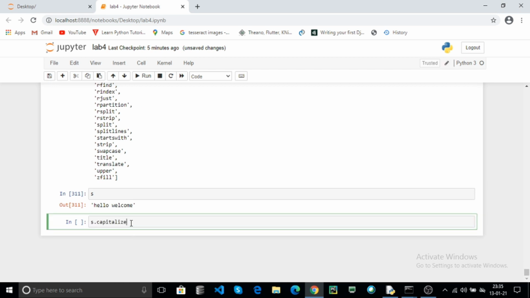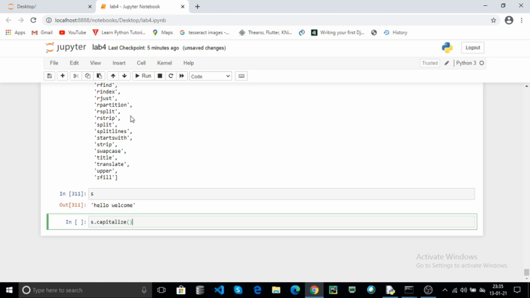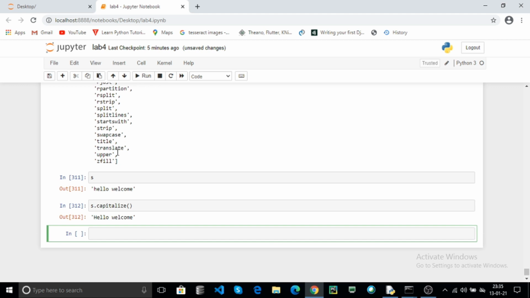Here capitalize is the method, then you can use the parenthesis. The capitalize returns your string with the 0 index as a capital letter and the rest in small letters. Click on the run. Here only the 0th index is uppercase. Using casefold,